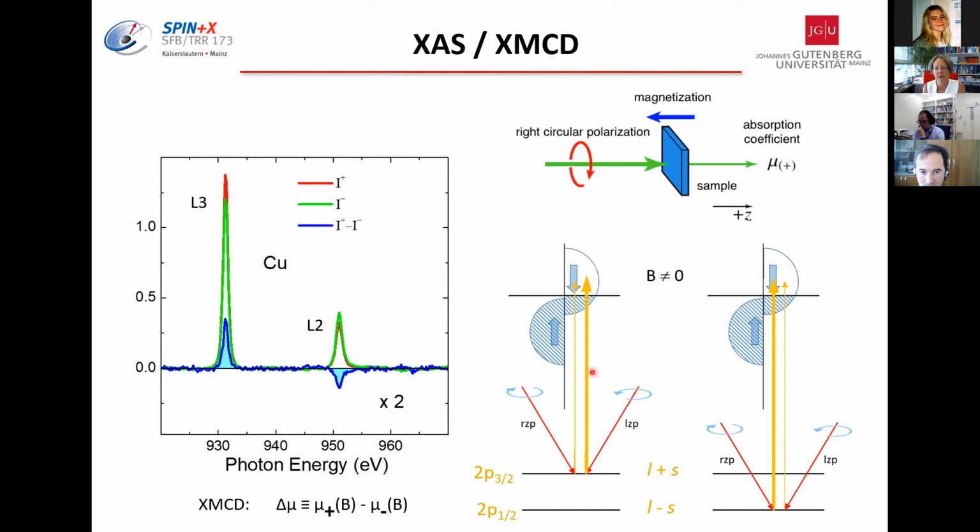dichroism. So what you do is take a circular polarized photon, and that is a high energy photon, of course. By doing so, you transfer the angular momentum that you impose on this photon to the low-lying core levels. And in our case, we have the P levels that have different spin orbit coupling. So we have an L plus S coupling and an L minus S coupling. So we have different spin orbit levels in this case. We see that we have different transition probabilities depending on whether we have a right polarized incident beam or a left polarized incident beam. And we transfer our angular momentum to the photon that is now absorbed by our hole